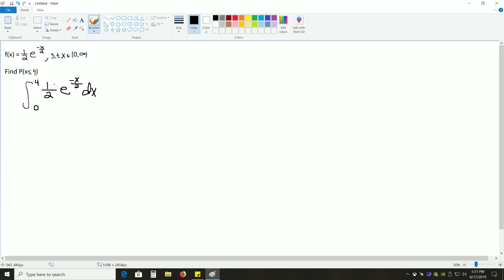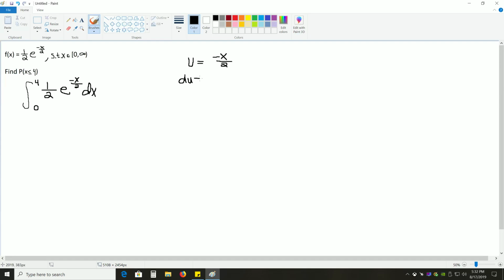Unfortunately, we cannot take this antiderivative yet. We have to use a u substitution to find this antiderivative. So in order to do that, we have to find out what u is. And u is whatever we need to substitute into this problem to change it to something we can take the antiderivative of. For instance, we can find the antiderivative of e to the u, not e to the negative x over 2. So to find that antiderivative, we need to let negative x over 2 equal our u,